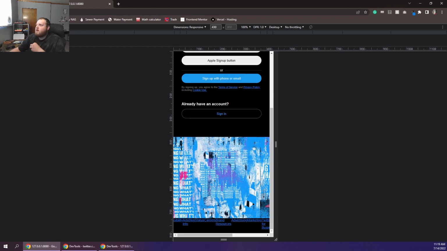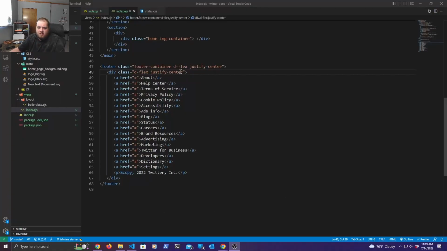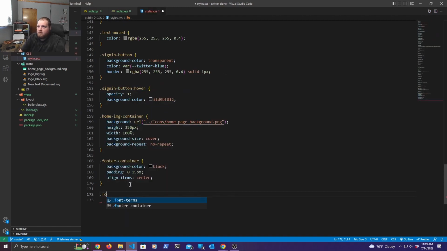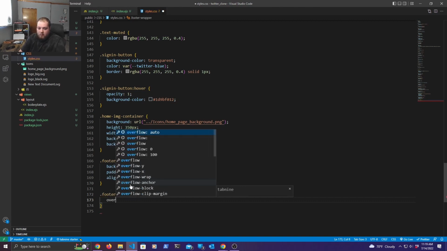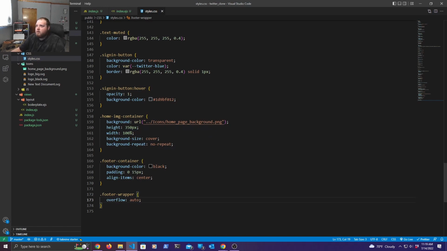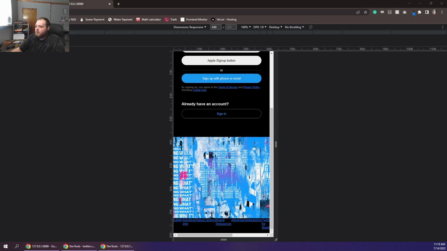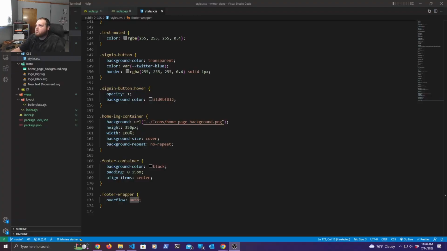Could I just, let's add that footer wrapper class back. Footer wrapper. Alright, and then we'll add the overflow auto to it. Can't ever remember what overflow auto does. Let's go back and change that. I can't remember what the